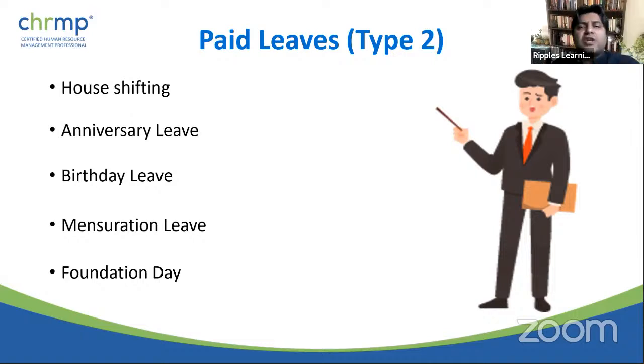So there can be various reasons for leaves being given, right? For example, the organization that I work for has a concept of birthday leaves. It says that it's your birthday and you should have a relaxed time, and it's not that they're looking at cutting cost on cake cuttings, etc. There's always a cake cutting celebration when the person comes back to office, though lately it has all been happening virtually on Zoom. But yes, it is something that you see with different organizations, and sometimes there are organizations which give you an anniversary leave and other important leaves, but these are all paid leaves that we are talking about, right?